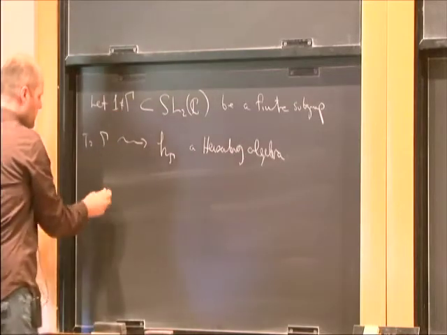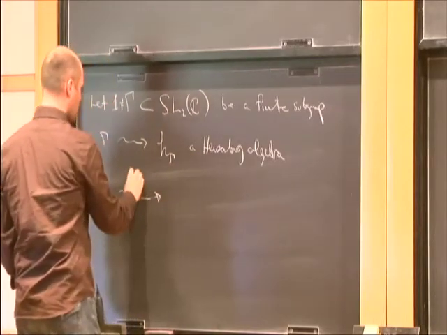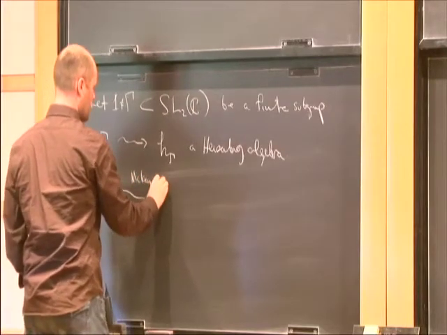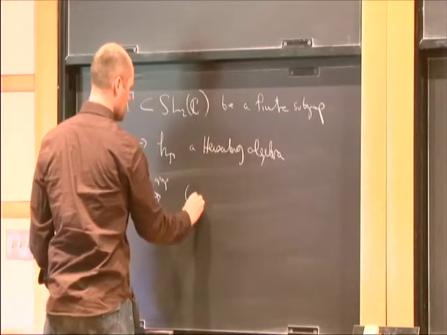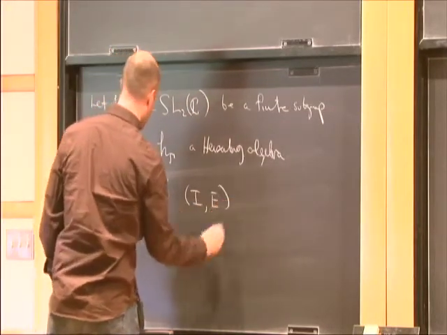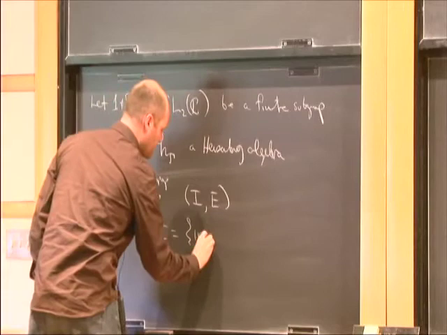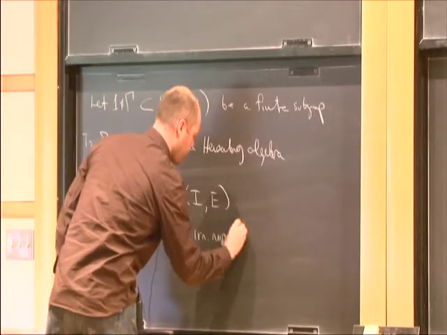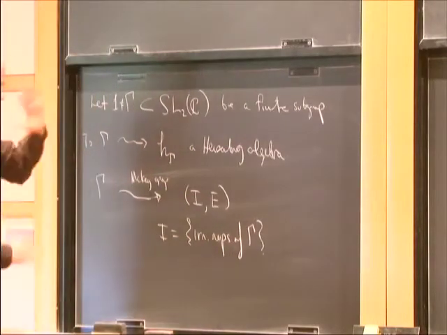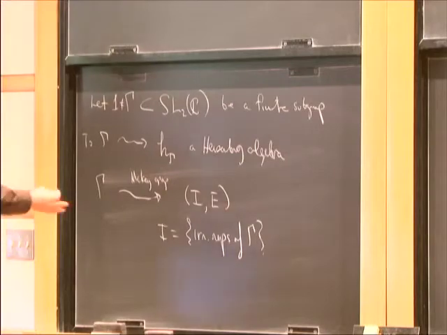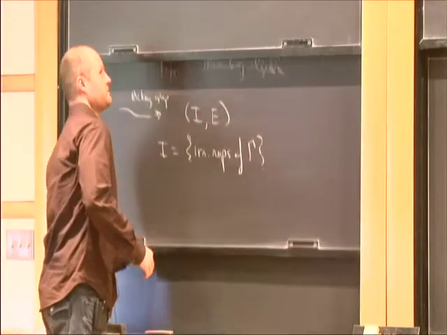So first of all, to gamma, you can associate a finite graph called the McKay graph, consisting of a vertex set I and an edge set E. And how does this go? So the vertex set is, well, you take one vertex for each irreducible representation of gamma. So you have some finite group. It has irreducible representations. Representations are always over the complex numbers. So for each irreducible representation, I take a vertex. And now for edges,